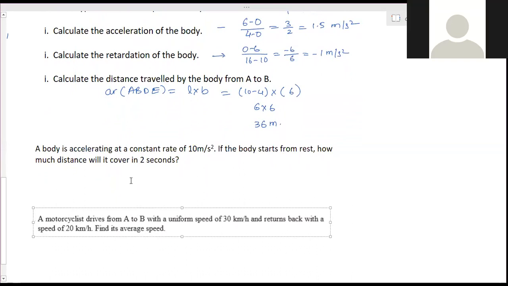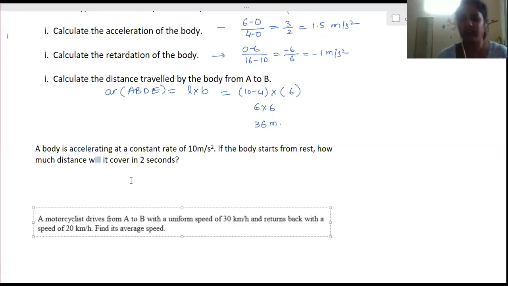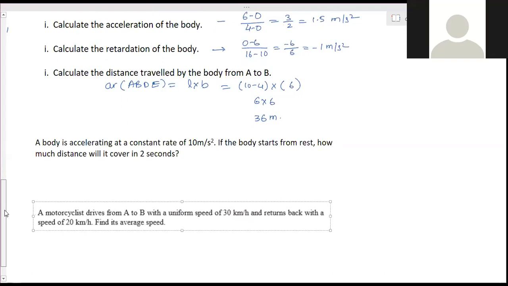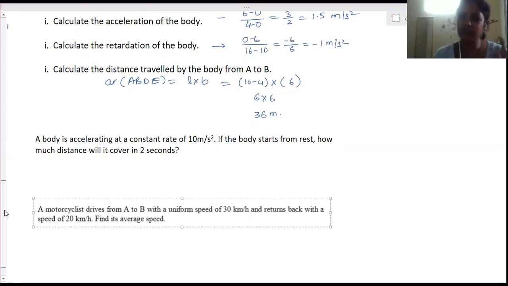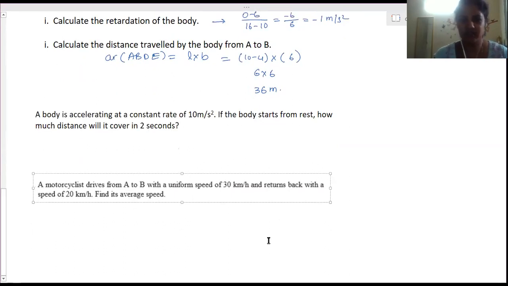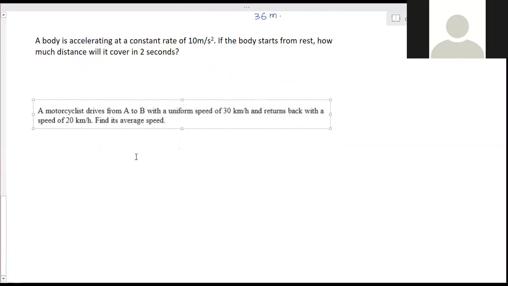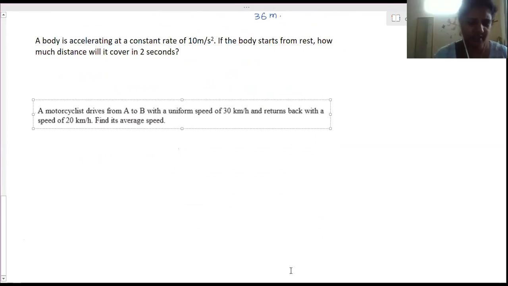Ma'am, I got it. Can I tell the answer? Ma'am, 20. Yeah, it's 20 meter per second. Yes, ma'am, I got confused. The denominator will go to the numerator and get multiplied. I got confused with that. Why confusion now? Ma'am, I know how to do it. It's 20 only, no, ma'am? Yes, 20.